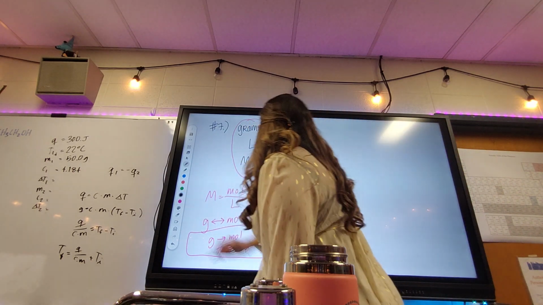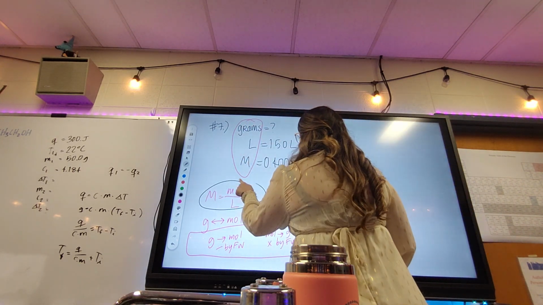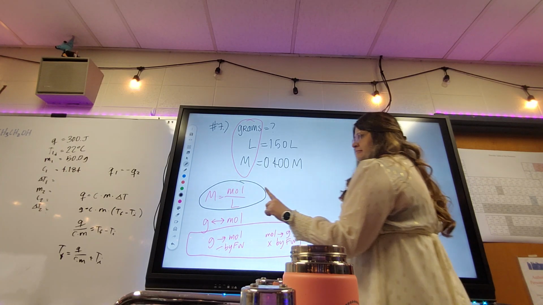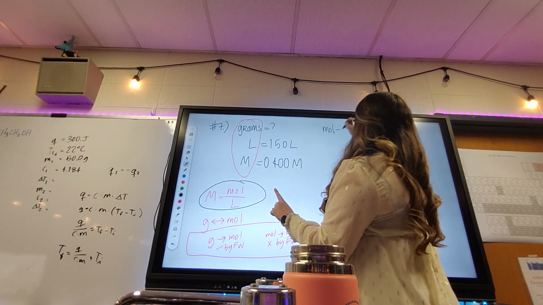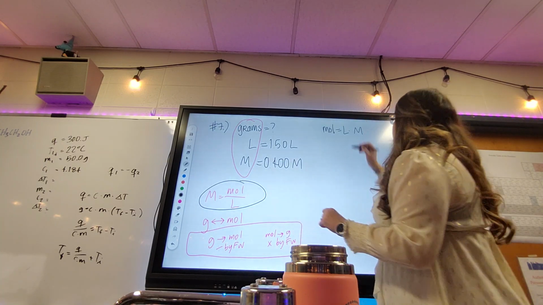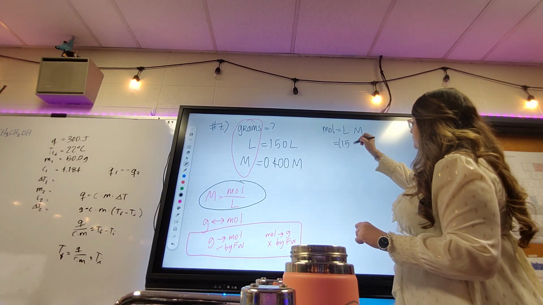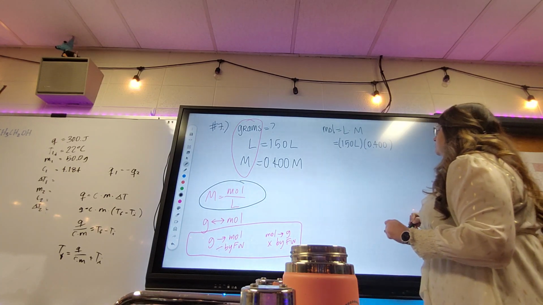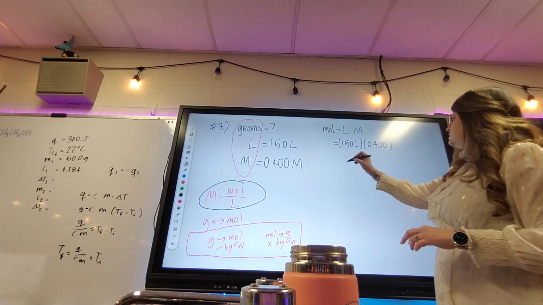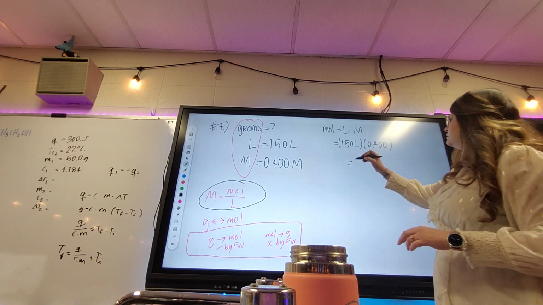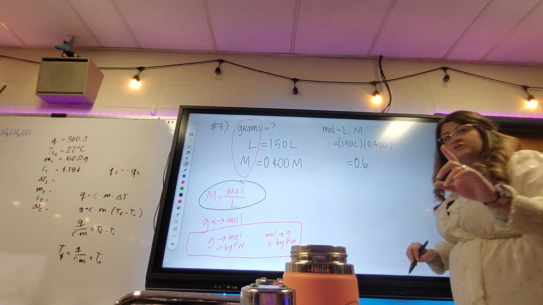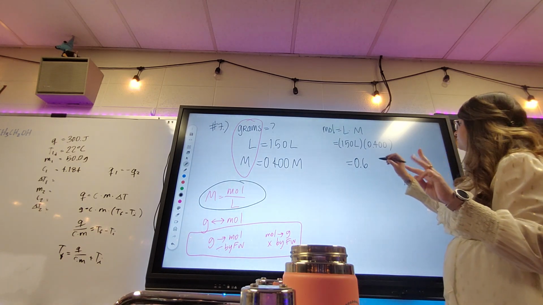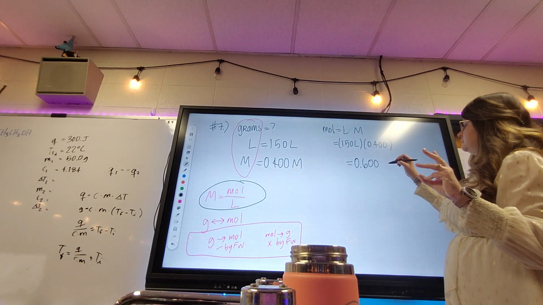Okay, so if we want grams, but this is my formula, which one of these three things do I not have right now? Mole. Correct. So that's what I'm going to solve for first. And that math is simple. So you should get 0.6. How many significant figures? 3. And my unit is